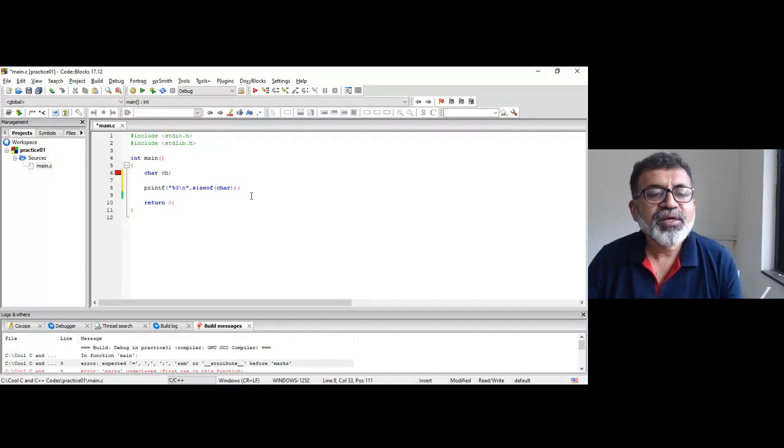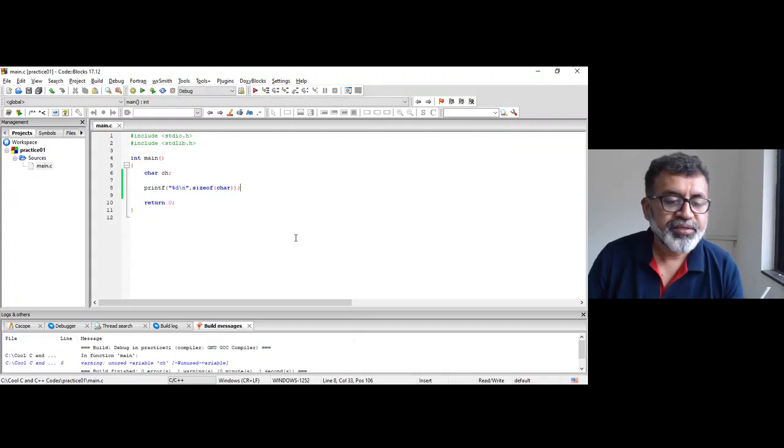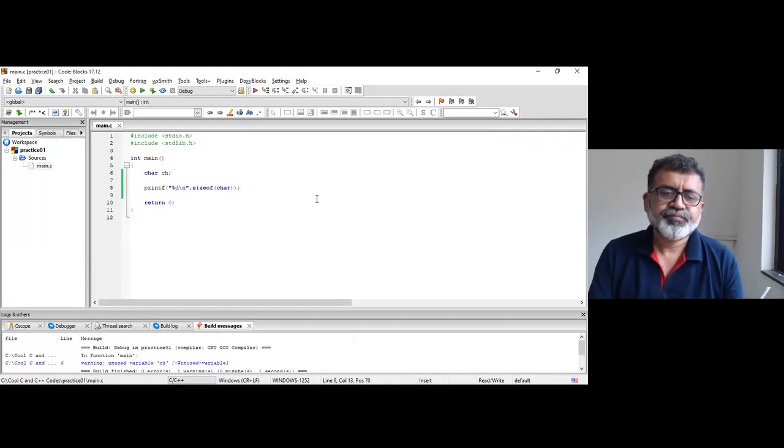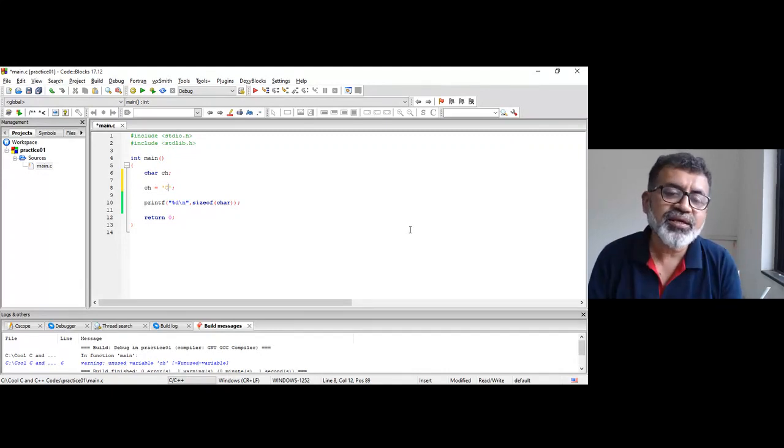If I run this program, it is 1. You can write a character like ch equal to a character, so this is the way you write it: only a single character enclosed in a pair of single quotes.